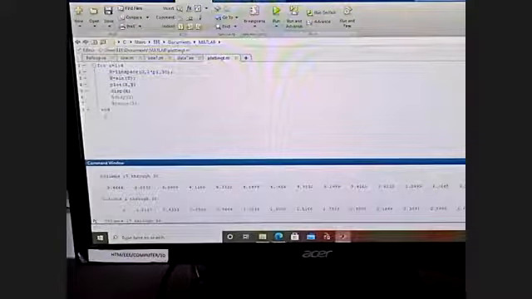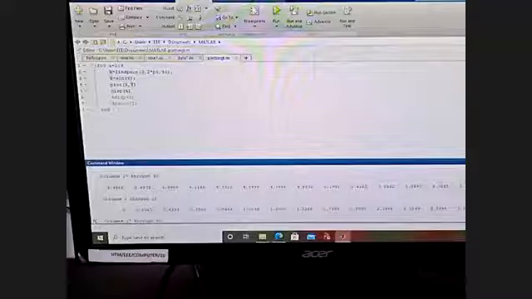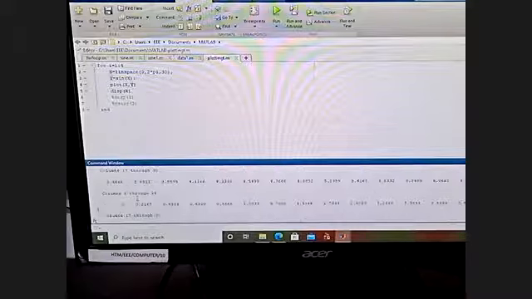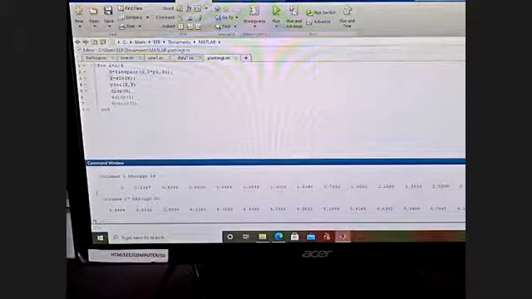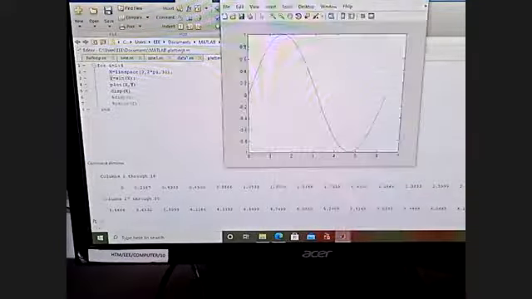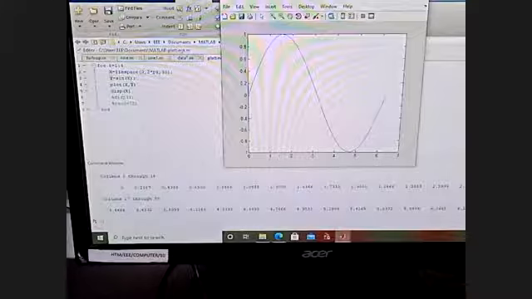What I had written here is display x. So the first value is 0. Last value is 2 pi. It is displaying 30 values. For these 30 values, it will calculate the y function, y is equal to sin x. After that, it is plotting the graph. See the graph. This is the graph, 0 to 2 pi up to 30 values. 30 values it is taking on the x-axis. For all the 30 values, it is calculating the sine function.